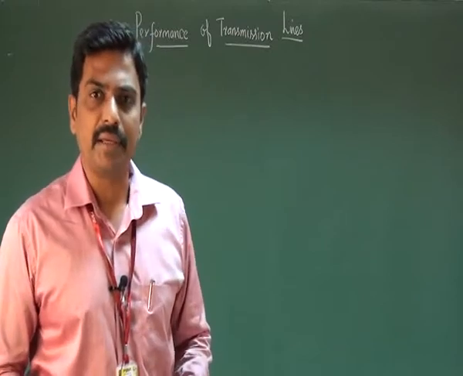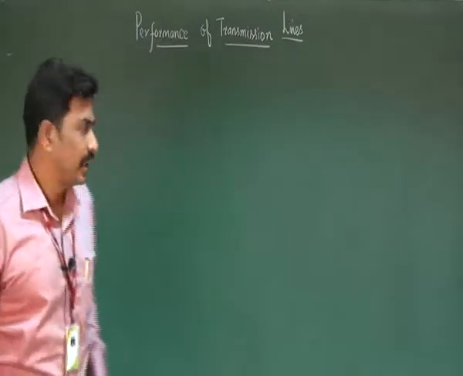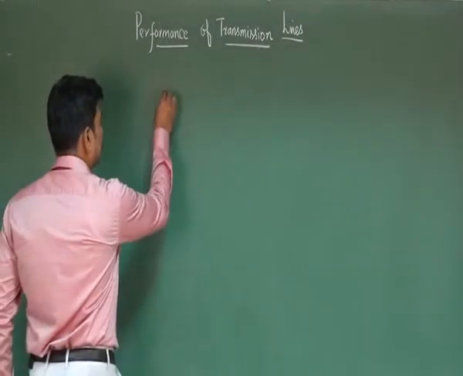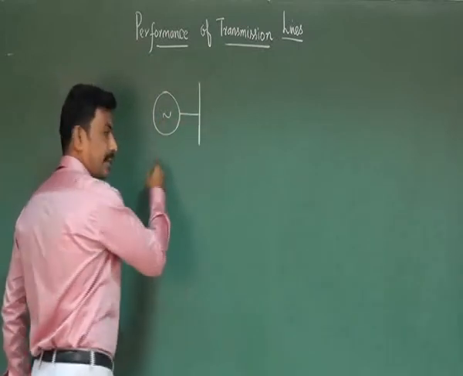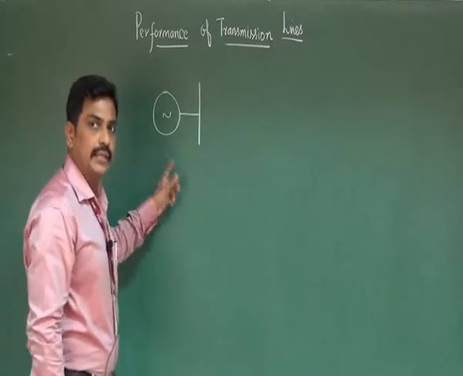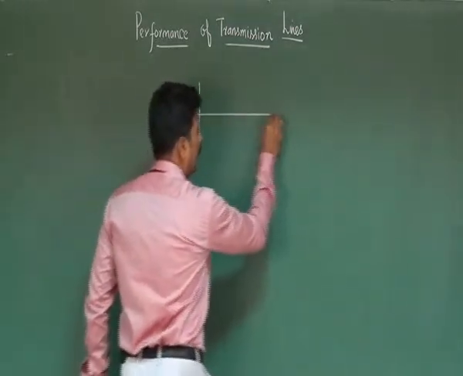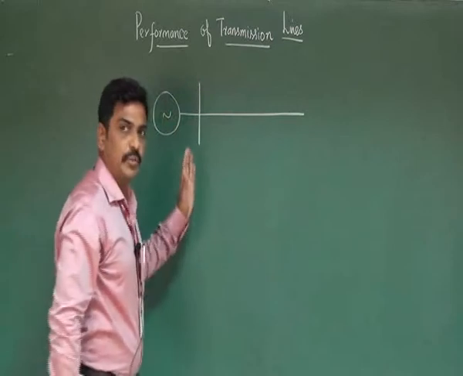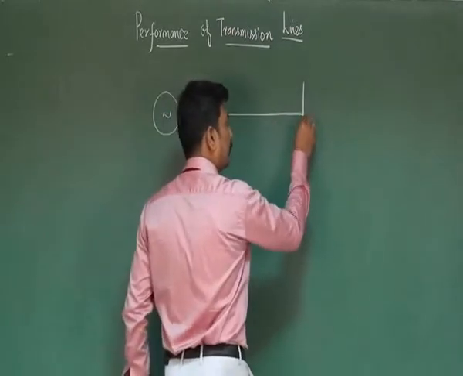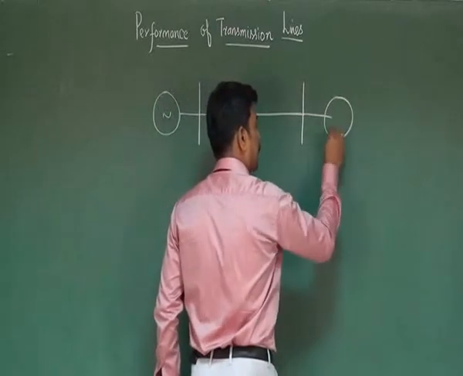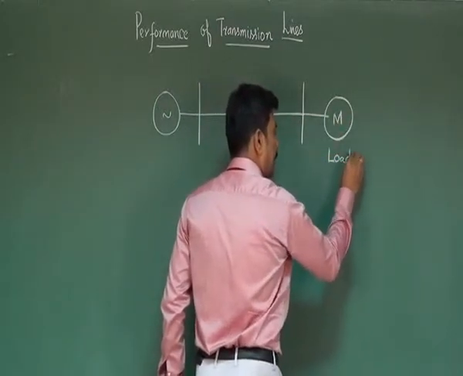Let me try to explain the structure of power system and its components with the help of a single line diagram. Let me start with the generator. It is connected to the bus bar. The generated power is injected to the bus bar at the sending end, and the power is transported to the domestic end or load end with the help of transmission line. These are all the loads. At the receiving end, we need to supply power.